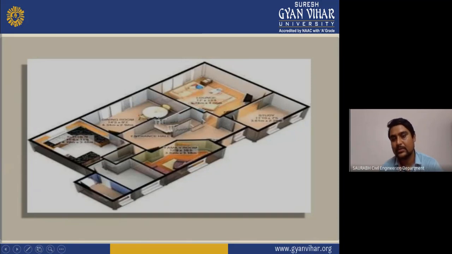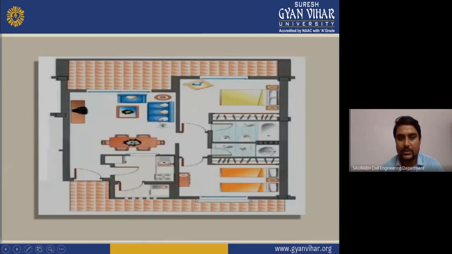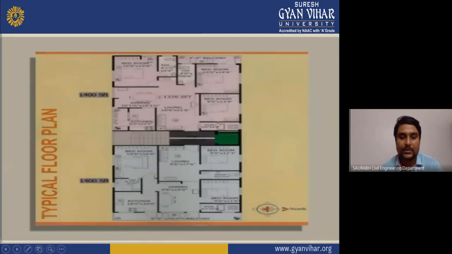If you know about these things, it will help you a lot when you do a side job or anything. This is your typical floor plan, and as you can see, it is written, and dimensions are also given. This is a very exact typical floor plan. Direction is also given, and the built-up area is also given, 1400 square feet. So now you can get the idea what should be the size of the room, and what should be the height of these things.